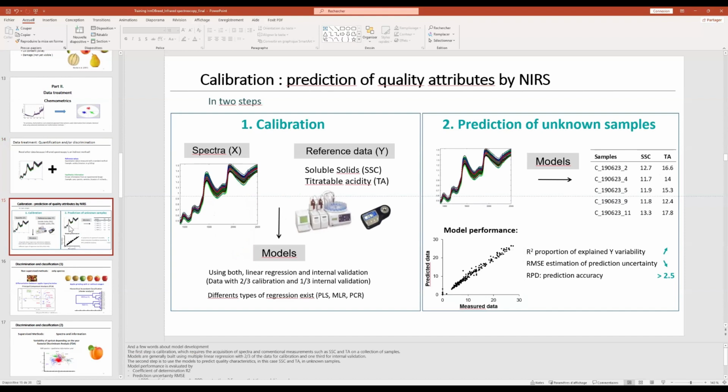For quantitative purposes, you need to develop a calibration model or an equation. This is done in 2 steps. The first step is the calibration. So the idea is to develop a calibration model with the spectra and the reference values coming from the chemical analysis. So the aim is to establish a relation between the spectra,